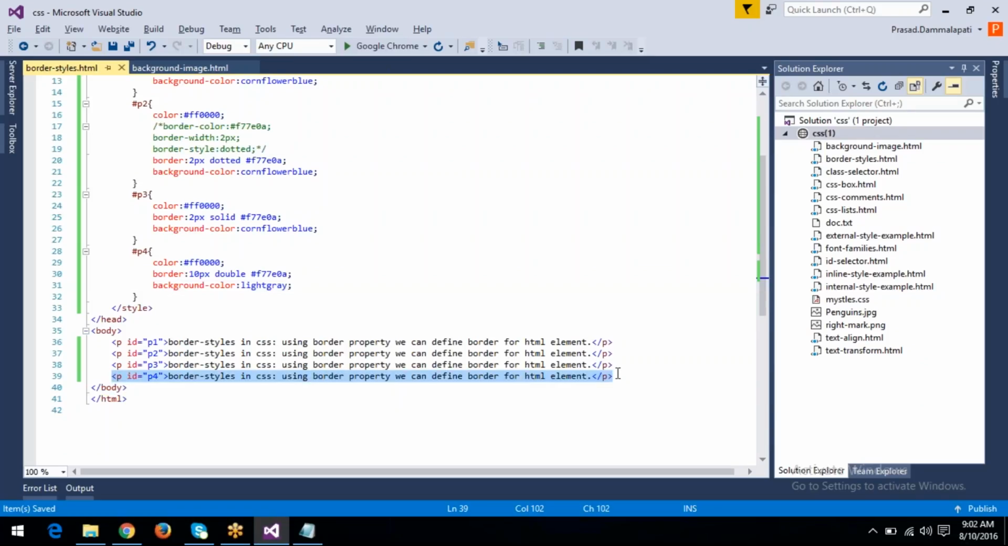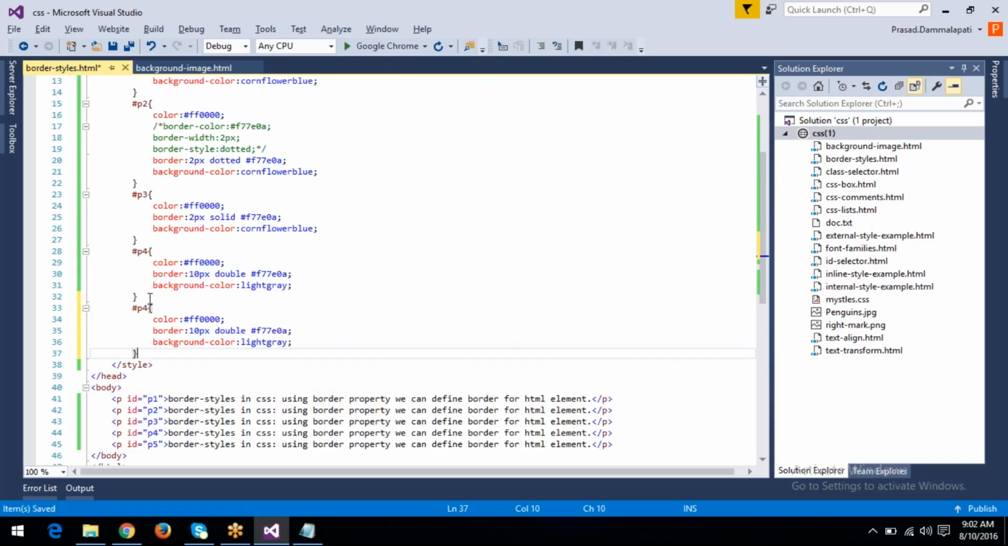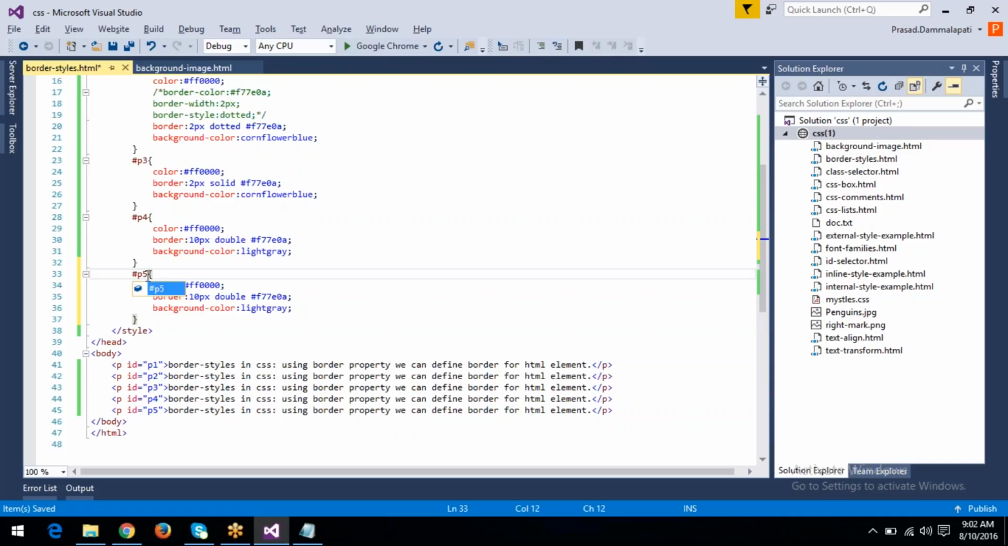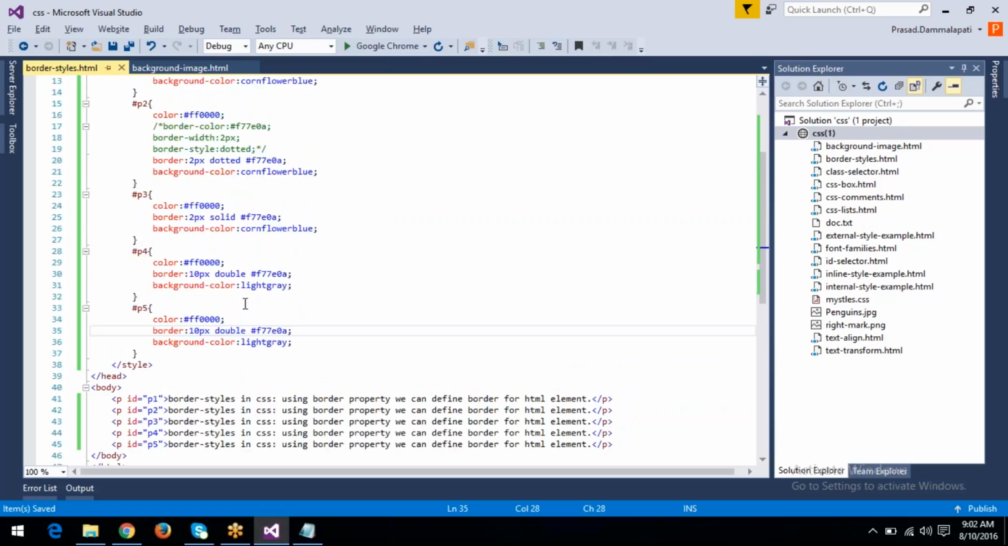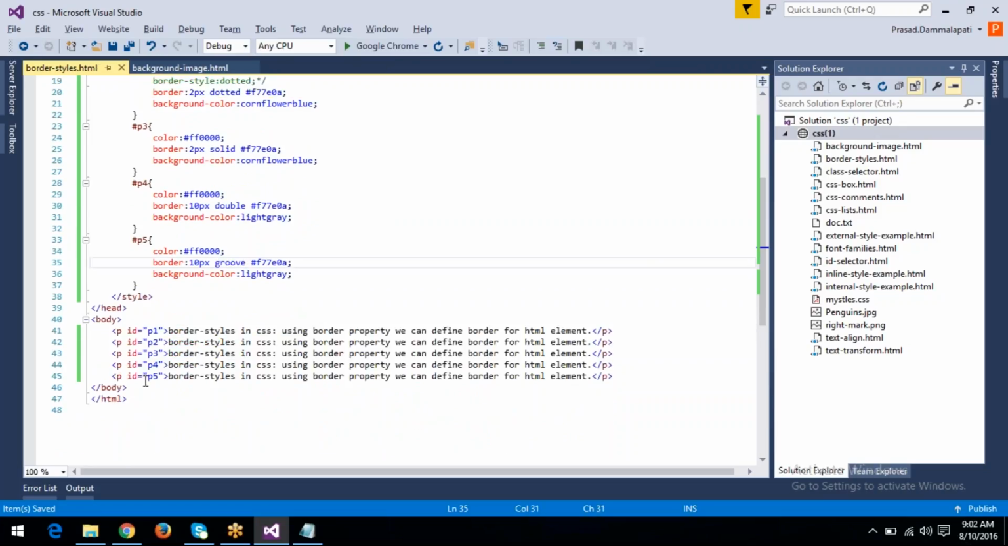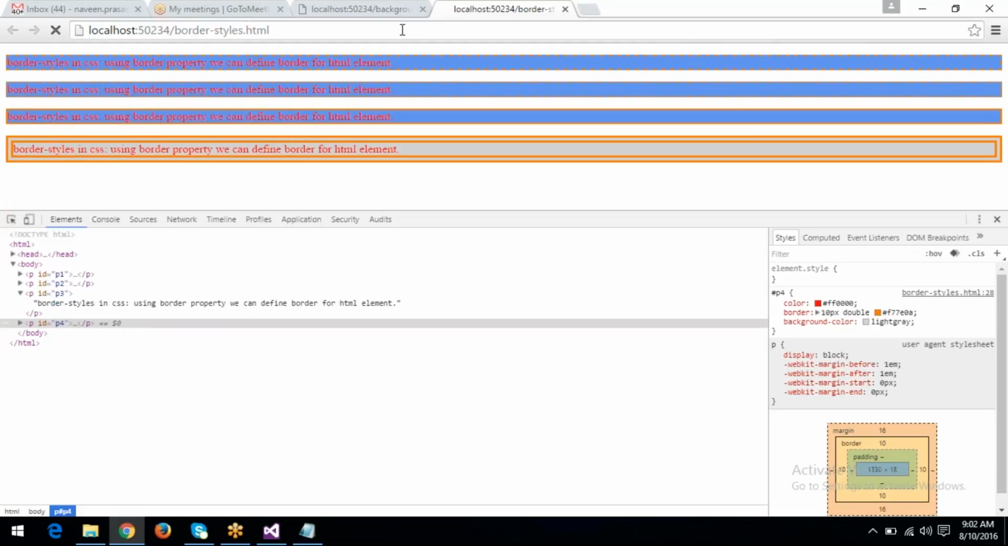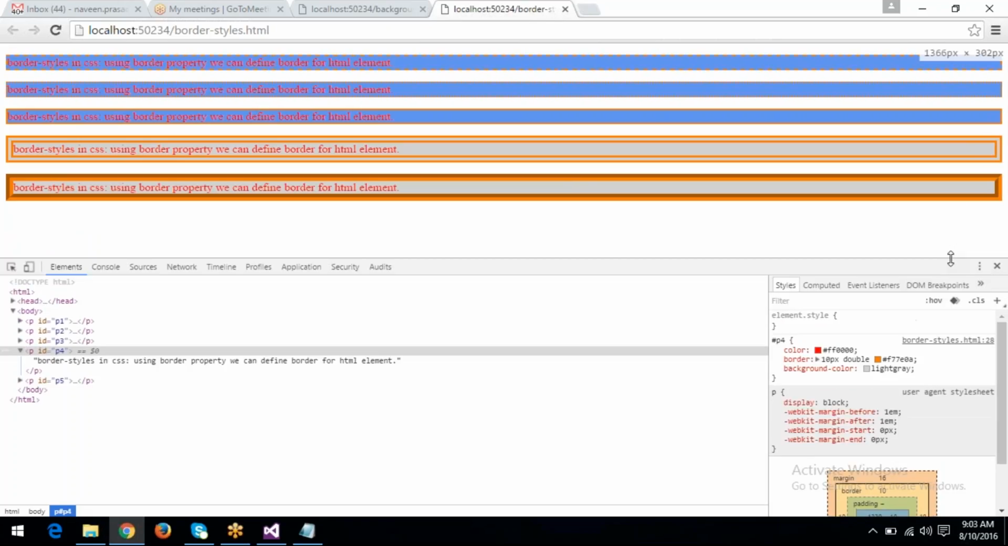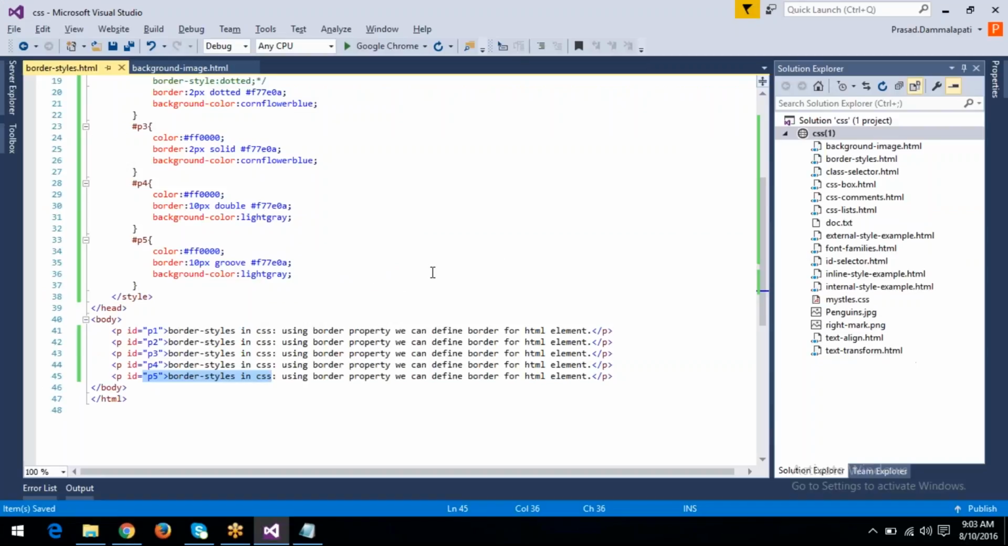And next one is, copy this one, and the fifth property is... fifth property. Double, dotted, dash, solid, double, and the 3D border is groove border. Okay, groove border style. So for paragraph fifth, refresh this form. So these are the 3D border styles. Okay, this is groove border style, and ridge border style is